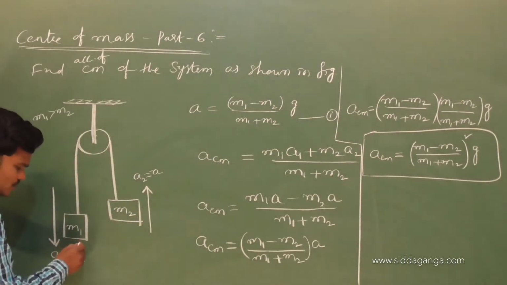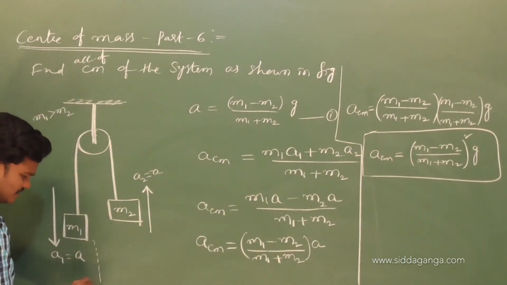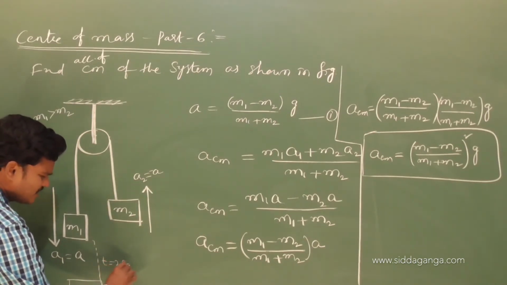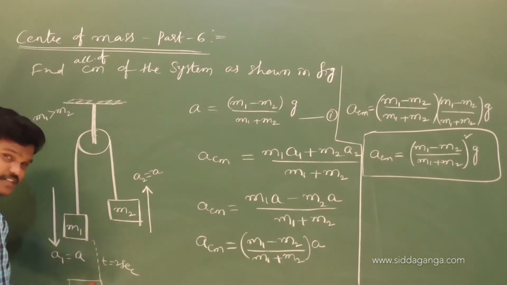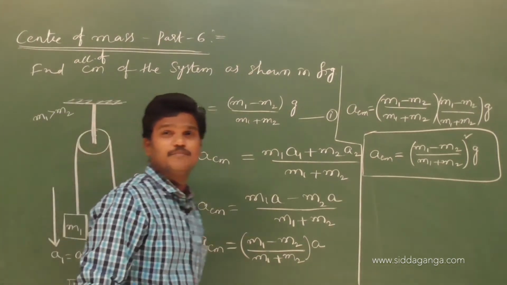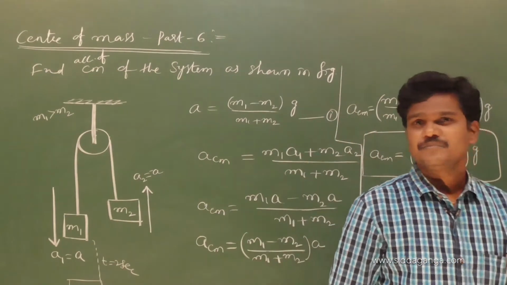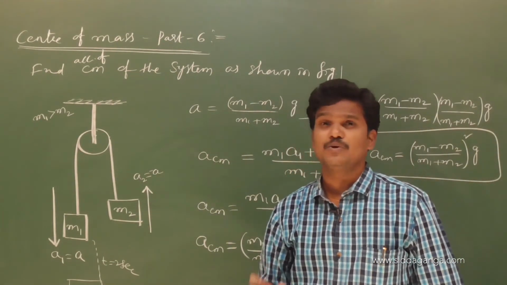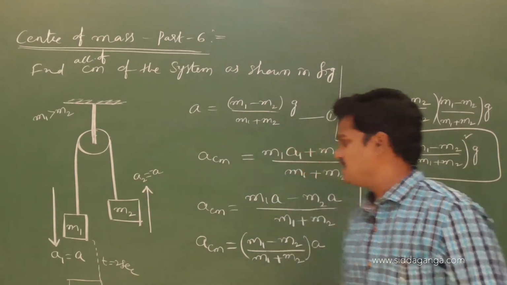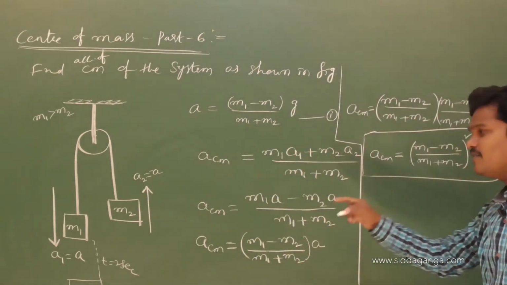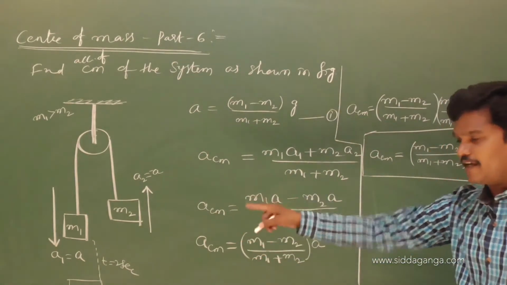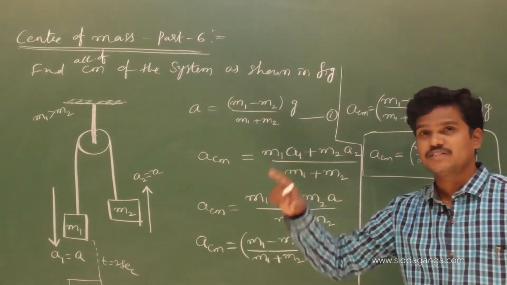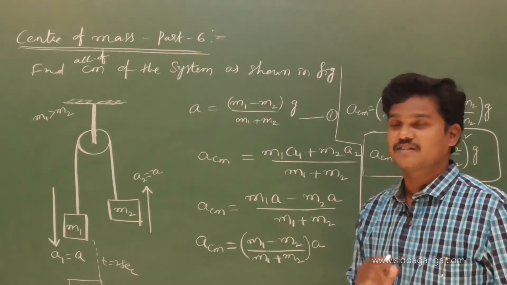If in 2 seconds it has traveled some distance, with the time given, then that distance also we can find by using kinematics. After 2 seconds, where is the block m1, that also we can find if we know the acceleration of center of mass. If they give the time, meaning after 2 seconds at what distance block m1 is going to be covered, then you can use